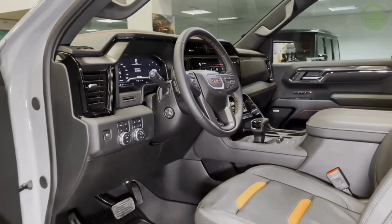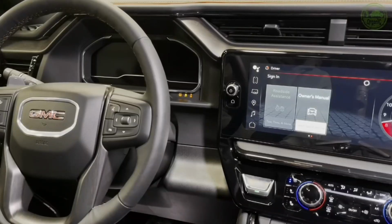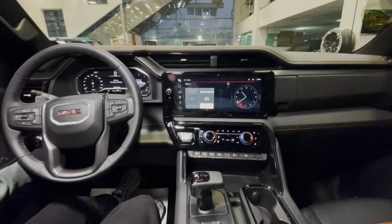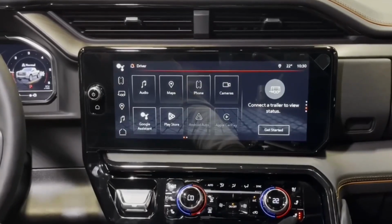Step up the trim levels and you'll find an 8.0-inch touchscreen, extra charging ports, and easy-to-use knobs and buttons for quick access to controls. For those who want to go all out, the higher trims offer a premium tech experience. Think built-in navigation, a booming Bose audio system, Sirius XM satellite radio, and even rear-seat entertainment to keep passengers entertained